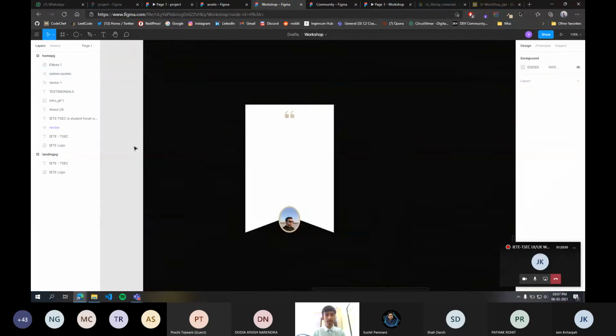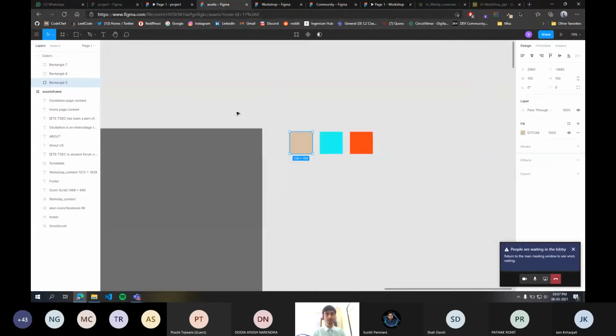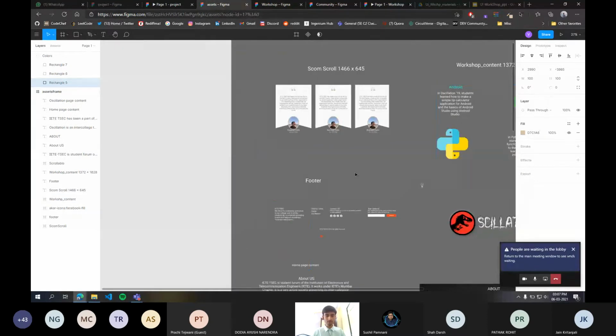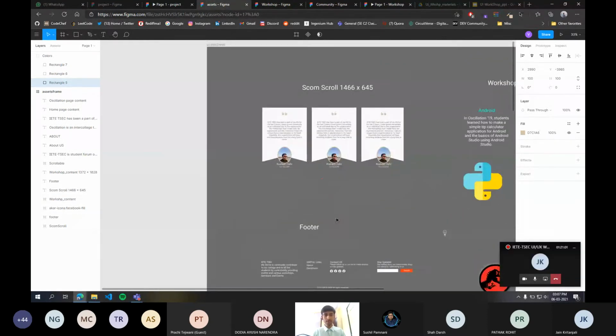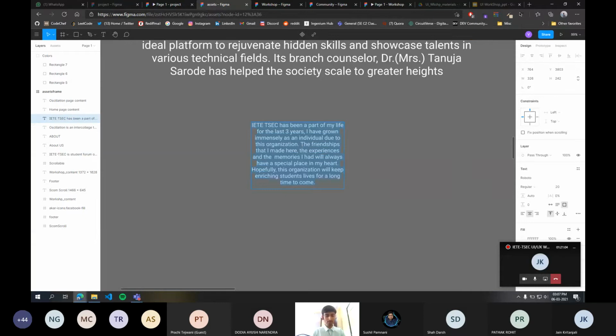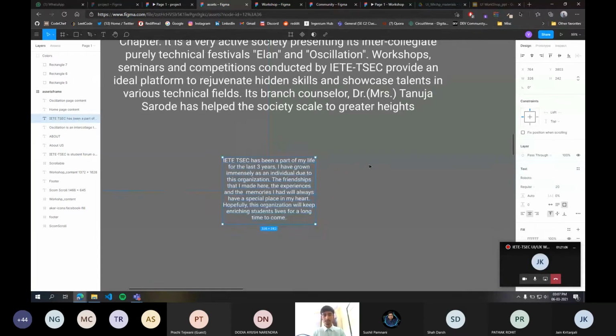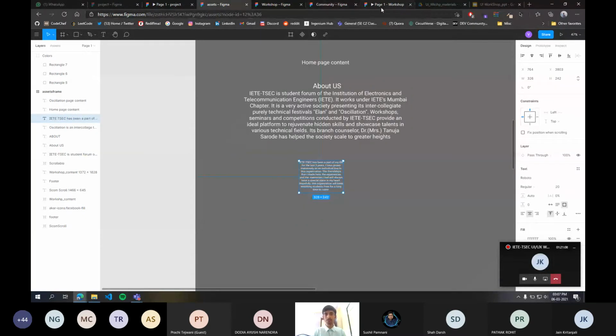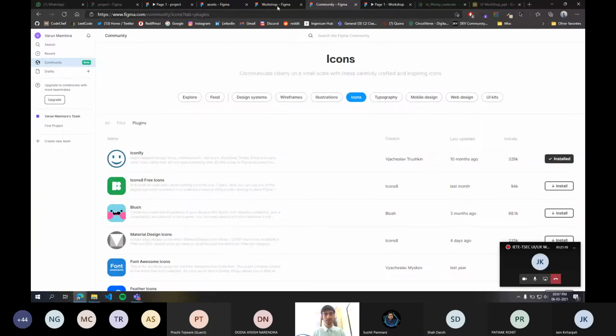So now the last thing that remains is the SCOM's bio. You could again go to assets and just copy this SCOM bio, or as someone mentioned in the chat, you can also write lorem ipsum, which is a dummy text.